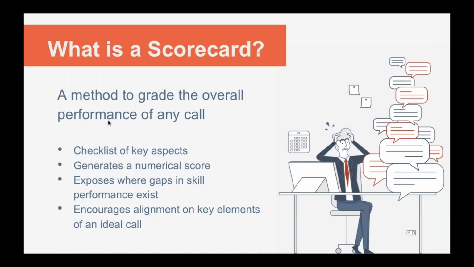Now, the reason why these scores are super helpful is because you can begin to track a rep's progression over a period of time. So are my reps getting better given the coaching activity that we're putting into them? Or are they getting worse? And if that's the case, maybe the coaching just isn't as effective as we thought. That said, the scorecards do really help to expose where there might be potential gaps in skill performance, meaning the rep might think that they're an all-star, a 5 out of 5 across the board, but reality is far from it, and they're actually closer to a 1 out of 5 or a 2 out of 5 when it comes to these key elements.